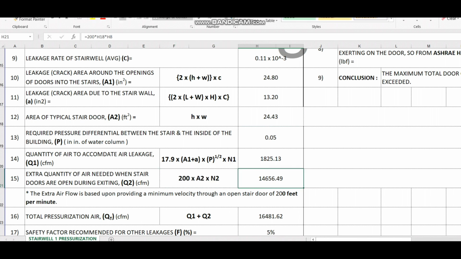So that one into 200 is the velocity. So in total, this is the leakage rate for the opening of 3 doors. And coming to this concept of the leakage because of the door opening as well as the wall opening, you can see this formula. From this formula, we need to know one more important thing here, that is